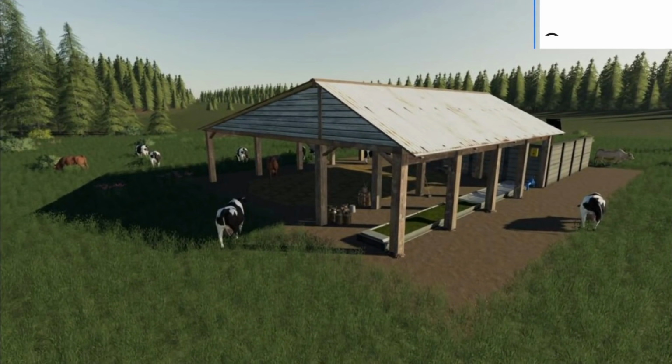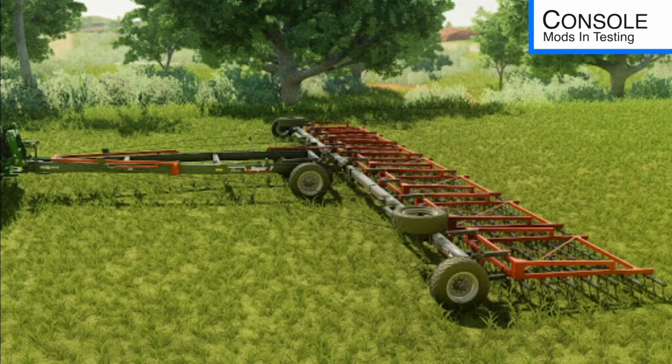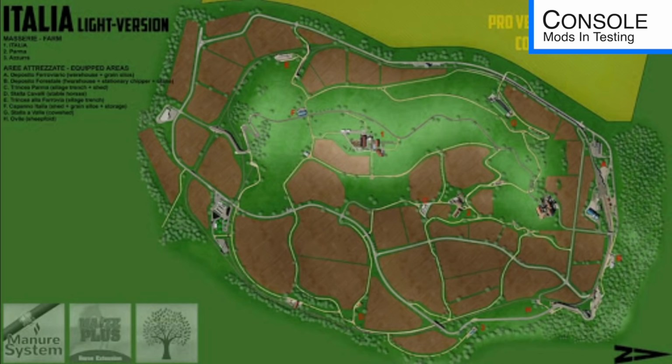In testing for consoles, we have the Brazilian Open Cow Pasture, Big Fields Farm, Brick, Case IH Axle Flow 130-150 pack, CBH 5000, Cork County, Elmer's Harrow Super 7 Series, Garford Robocrop, Haagenstedt, Ice Cream, Italia Demo version, still in testing,